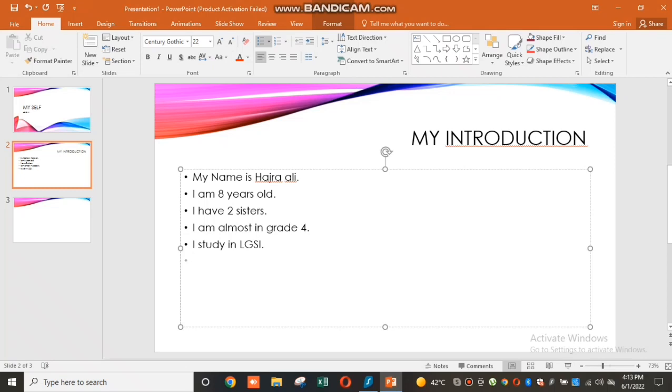5 to 6 lines are enough for the first slide, because if it's too long, it will look not good. Okay, I'm writing my favorite color, which is light pink. I love it. It's so pretty. And then you need to go to your second slide, and you can write